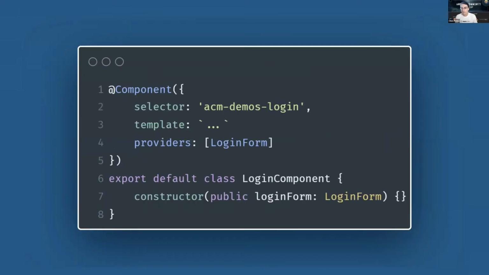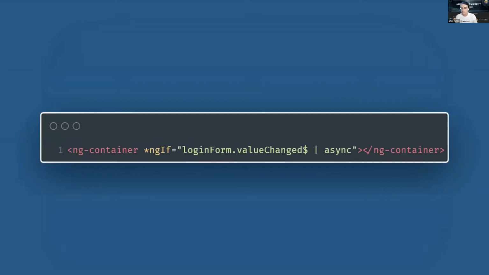And within our presentational component, we're already injecting this into the component, and we need to subscribe to that observable. Instead of doing it in TypeScript, we can just simply put it into an async pipe on the template. This will allow Angular to handle subscribing as well as unsubscribing, making sure that it's destroyed once this component is gone and preventing any kind of memory leaks.